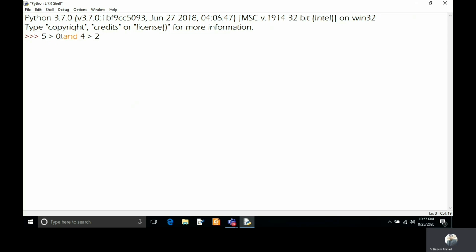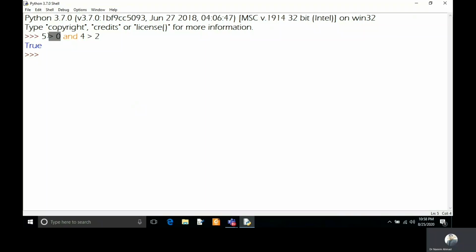I will call the first conditional statement, before the AND, the left sub conditional statement, and after AND, the right sub conditional statement. Because the left sub conditional statement is true and the right sub conditional statement is true, both conditional statements are true, so it will return true. So this is the execution.